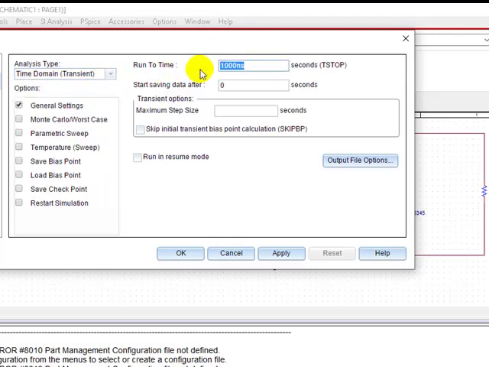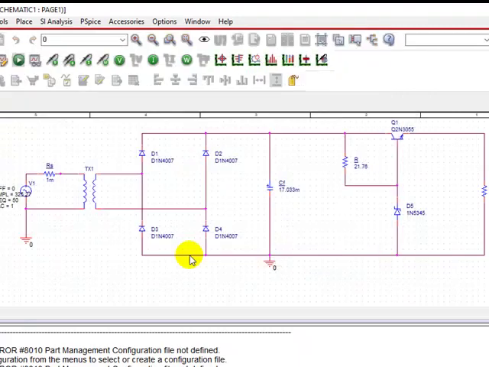And here you'll have to enter for how long you need to run the simulation. Since the input waveform is of 50 Hz, I want to get around 5 cycles of the input signal. So I will run it for 0.1 second. Click on apply. Click on OK. Then you can run.